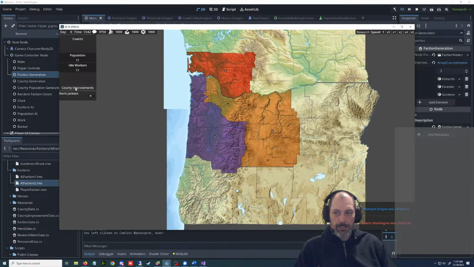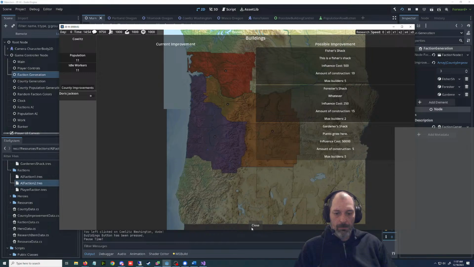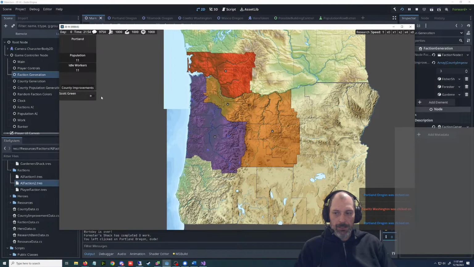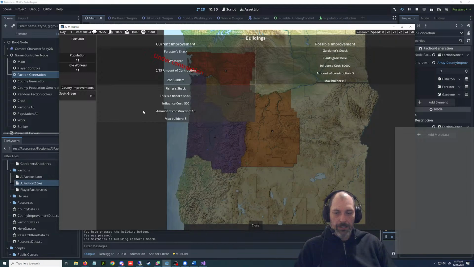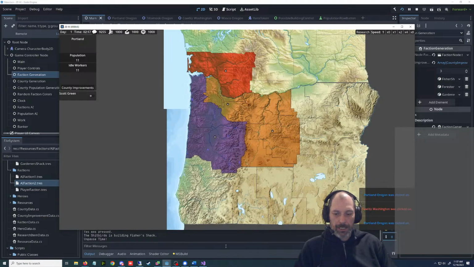And then let's check this one. And it didn't go over, so we're good. But the thing is, you might have noticed there's another bug here. If you hit yes, this should say under construction, and it doesn't. It needs to refresh this panel when this comes over. So we're going to fix that too.